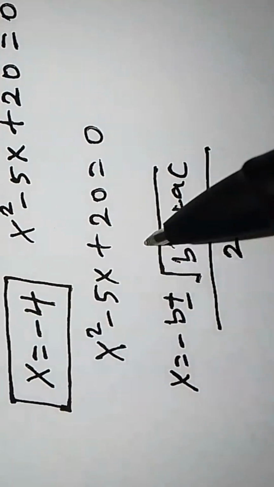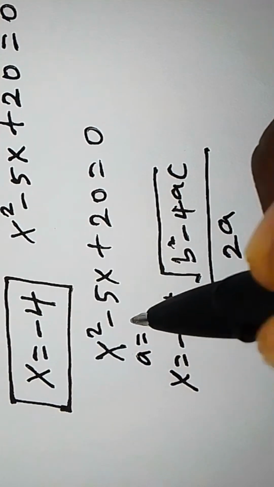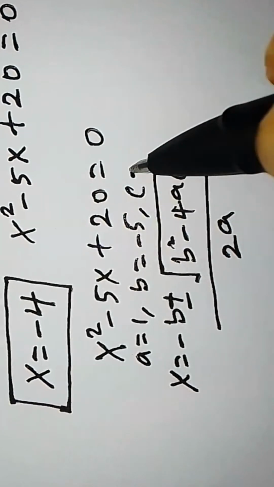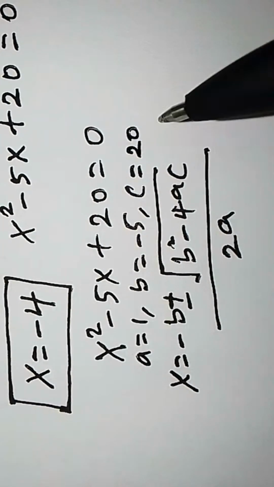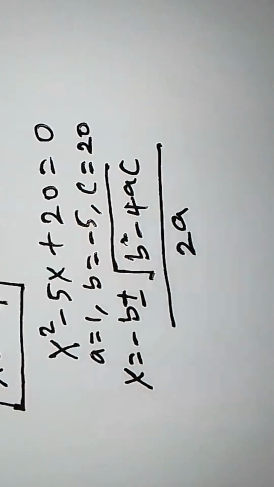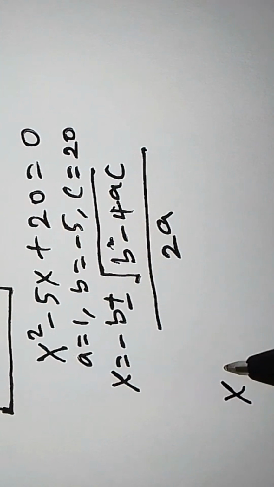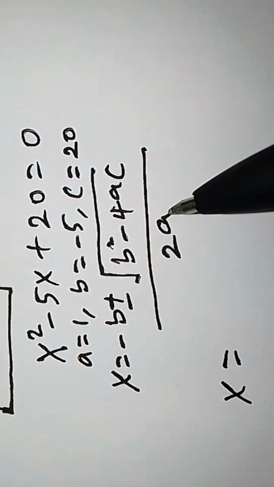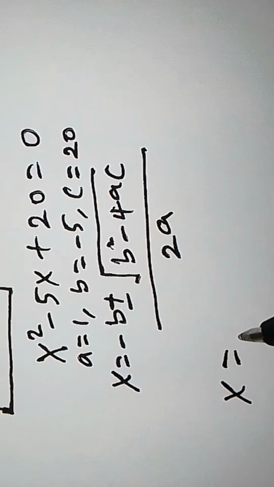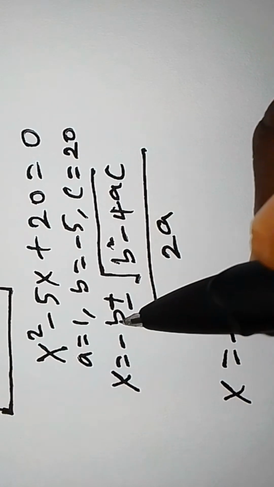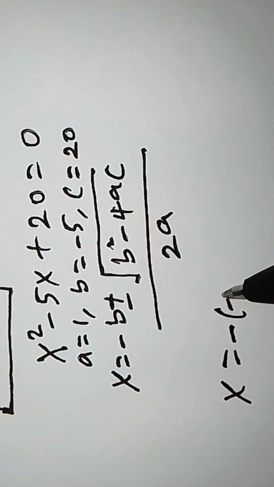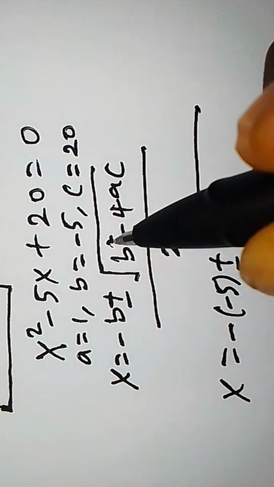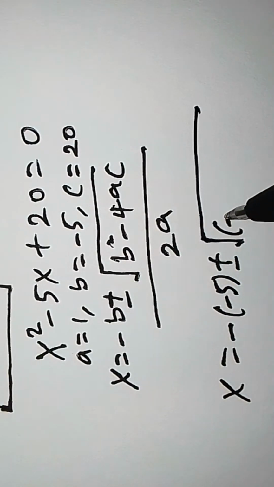From this equation, our a is equal to 1 and b is equal to minus 5 and c is equal to 20. Let's continue. x equal to, we will now plug in each value of a, b and c into this right hand side. So we have minus, what is b? b is negative 5, minus minus 5 plus or minus square root of b squared, that will be minus 5 all squared